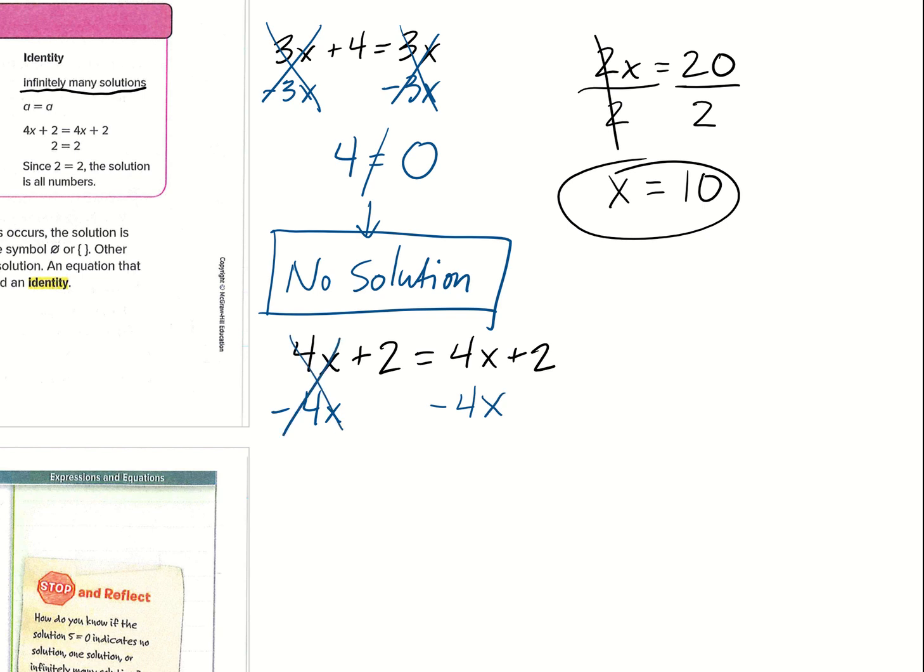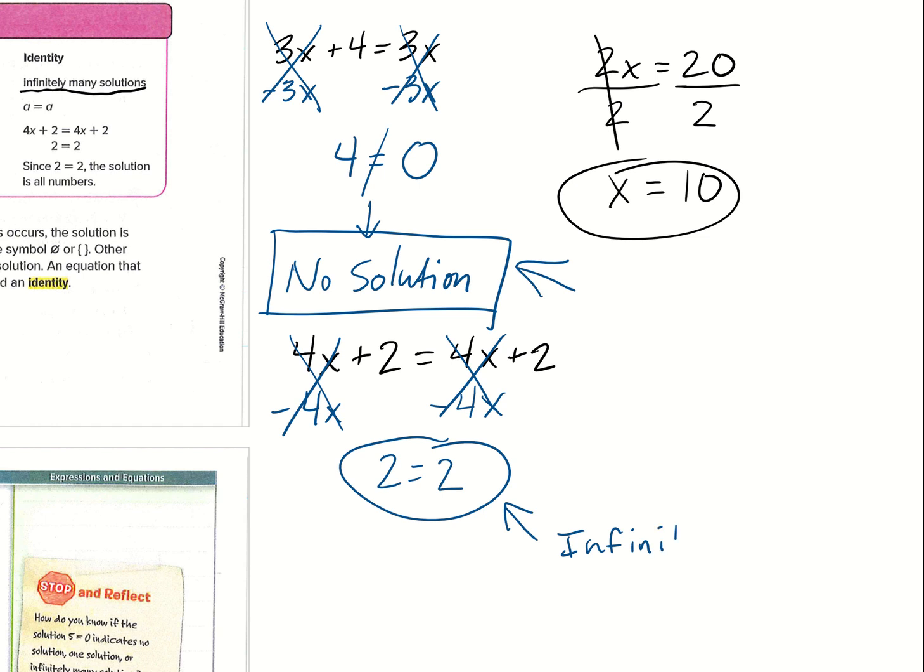So it cancels here, but then when we go over to the other side, we realize it also cancels here. So we're left with 2 equals 2. This is always true. So up here with this one, we had that 4 and 0. 4 being equal to 0 is never true, but 2 being equal to 2 is always true. So this is going to be infinitely many solutions,